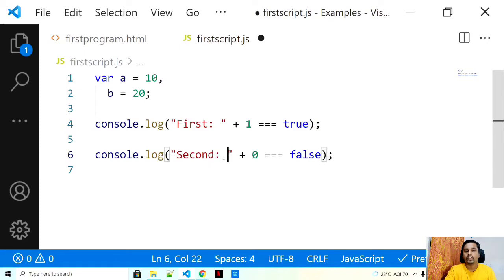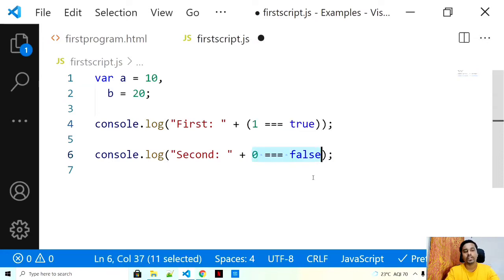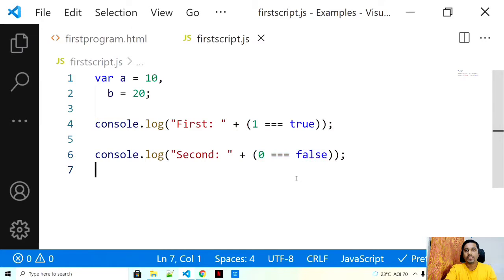What it will do is compare. Let's add some extra brackets so that they would be evaluated first. Brackets are always evaluated first. The basic rule of mathematics, BODMAS, brackets are always going to be answered first. So this is our bracket which takes the priority and would be answered first. So now what triple equal to is going to do is, and remember this is a very important question because these questions are asked in interviews.